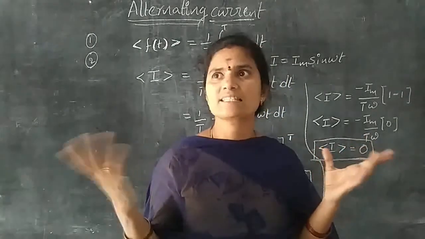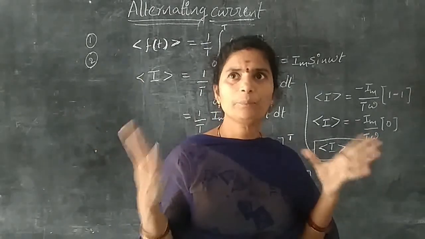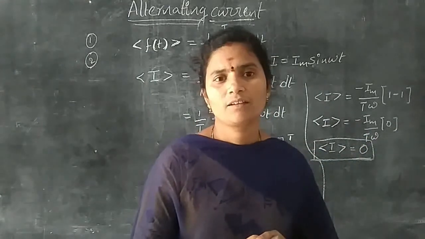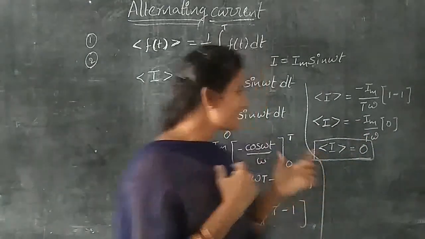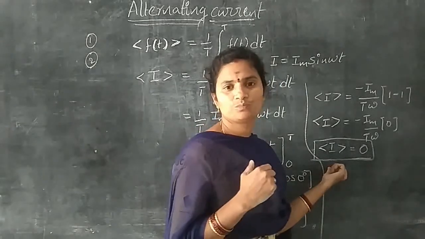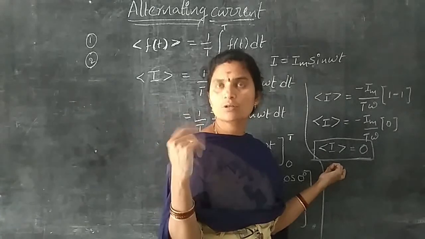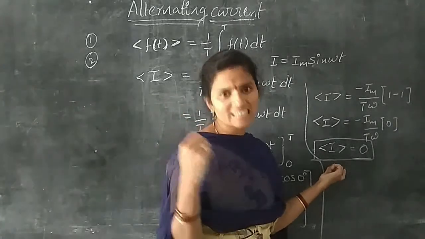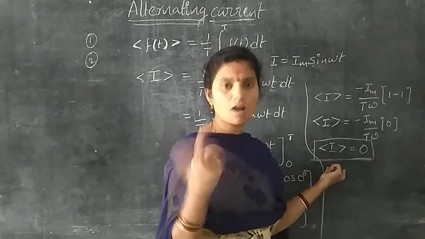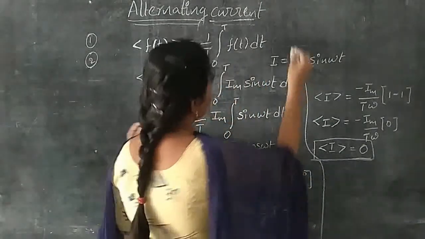So we have to see the power. The average current is 0, but the power is not 0. We have to observe this in household appliances: power is there, but the average current is 0. How can this be? Suppose, according to Joule's law,